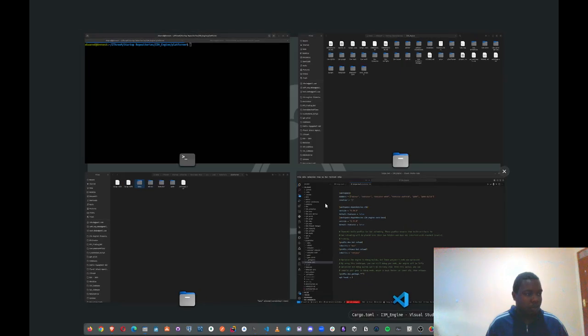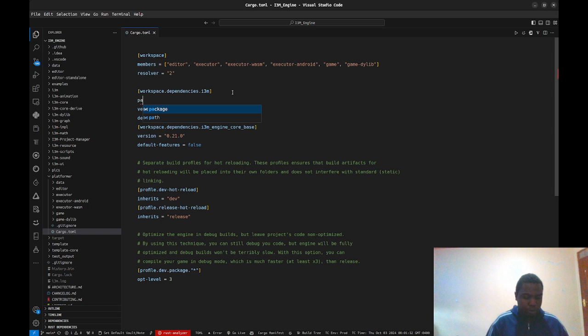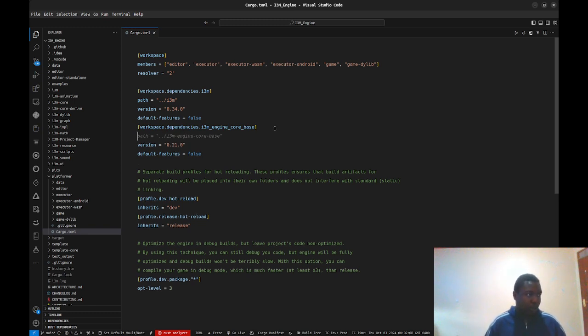So what we ought to do from the previous video, because we have not launched the modules online like I3M and the editor itself, is add the path. This path is going to fetch, because the platformer game, for demo purposes, we are running inside our engine code base because we have not deployed. So we are depending on